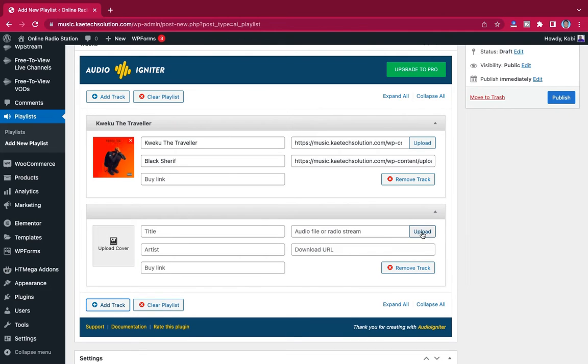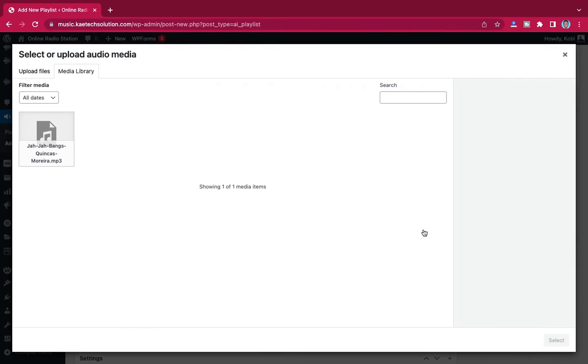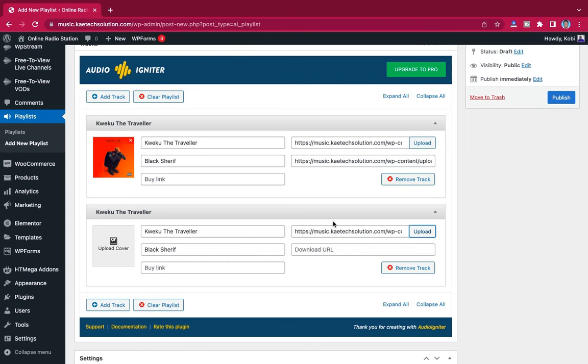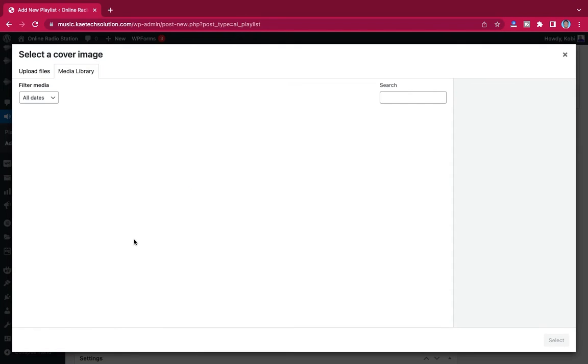The same process that we did, we're going to go to upload, and then select the song. Then the download link, we can just give the download link over here. If you have a buy link, you can also give a buy link. Now let's assume that it is the same thing as with the buy link, and then we can click on